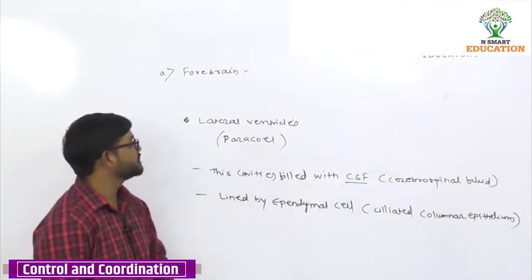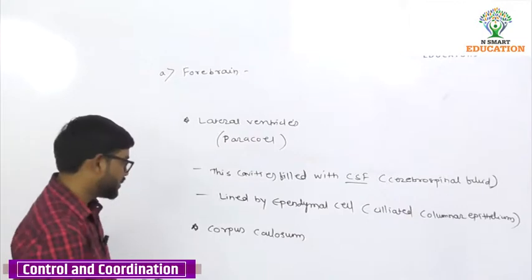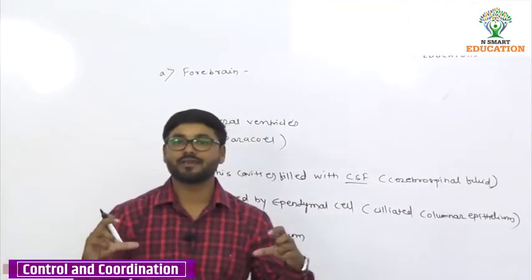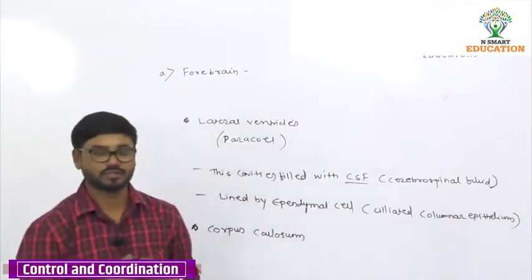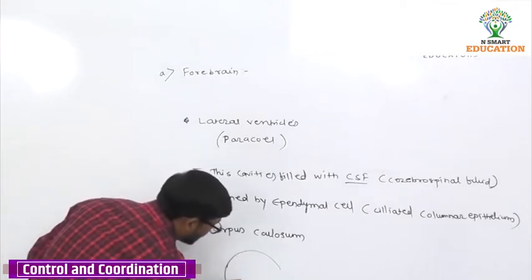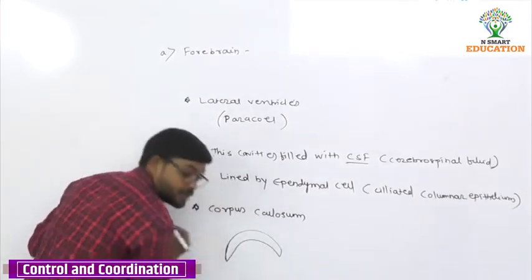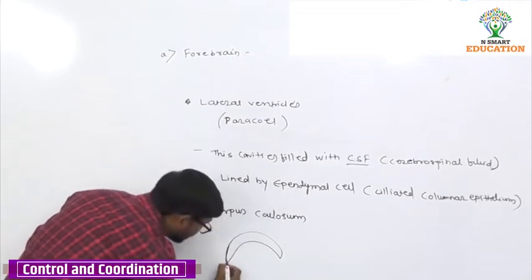Okay, so this is about the lateral ventricles. Next, about the corpus callosum. That means the two cerebral hemispheres are connected through the corpus callosum. Here is the structure of the corpus callosum. I'll draw some structure of the corpus callosum, and here is a very important thing,